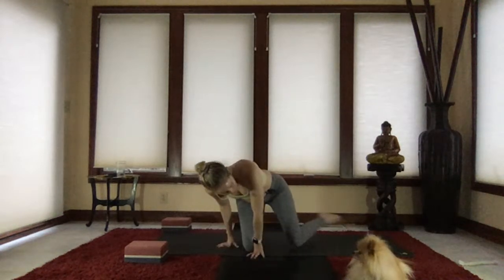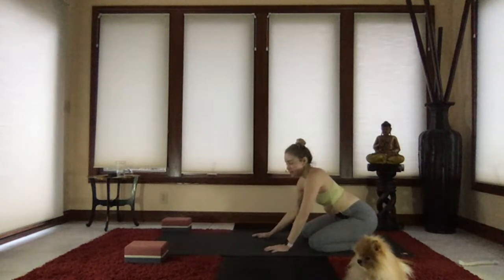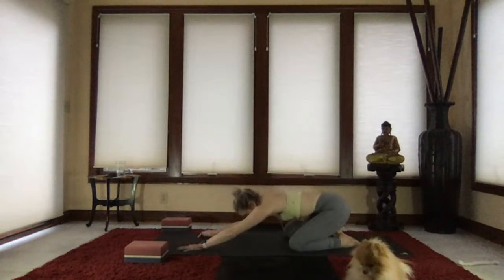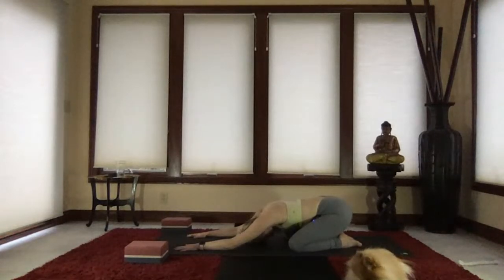And let's begin in child's pose. So come to the back of your mat and just bring your big toes together, open up your knees and lower your forehead to your mat and extend your arms out in front of you. And just take a couple deep breaths. Feel the hardness of the floor below you. And just feel how good it is to breathe deeply,